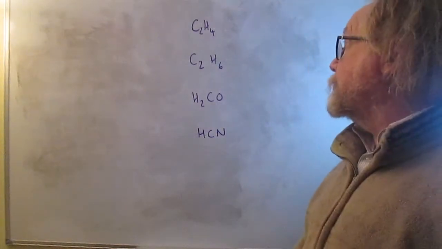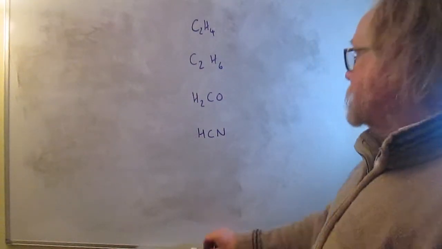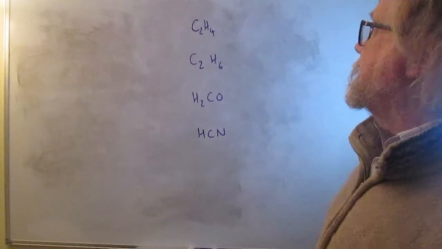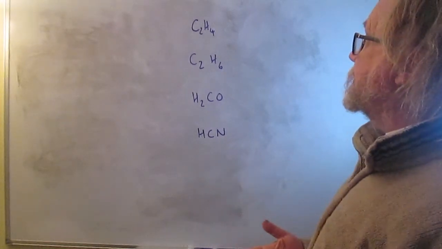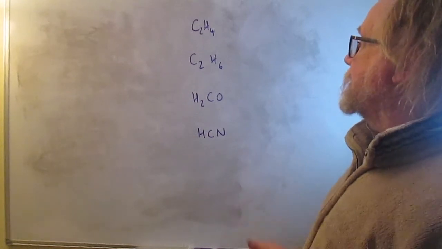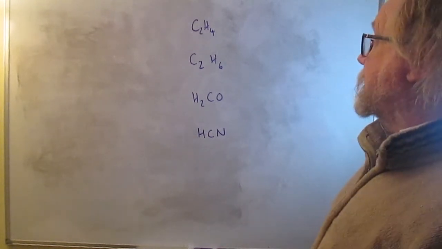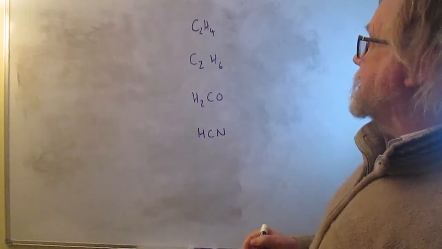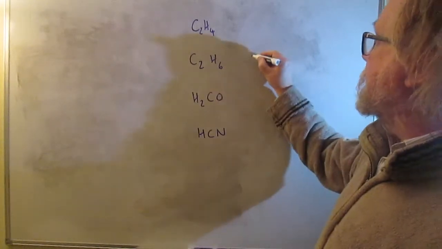Question 5 wants to know which of these is not planar. And the thing is that rather than necessarily have to go through and work out what shape each one of them is, you can just scan down straight away and see which one leaps out at you as not being planar. And hopefully you'll spot straight away that this is ethane. So ethane is